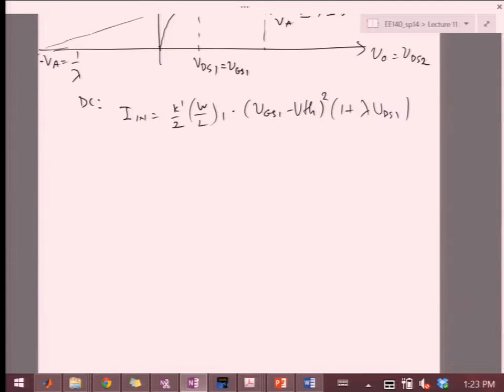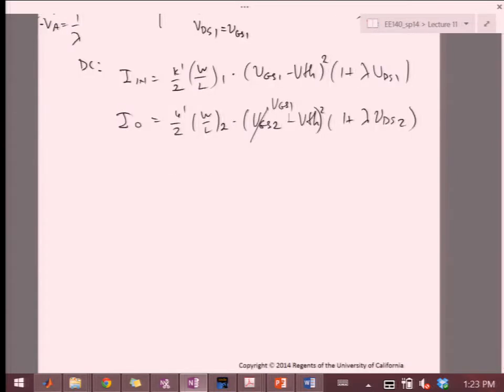And then I have that the output is proportional to W over L2 times VGS2 minus VTH squared times 1 plus lambda VDS2. Now, this one is really VGS1 because they still share the VGS. And if I divide these two down, I'll get I out over I in